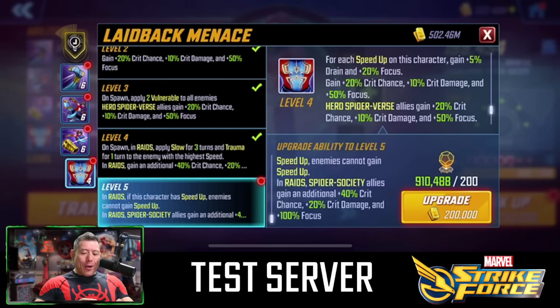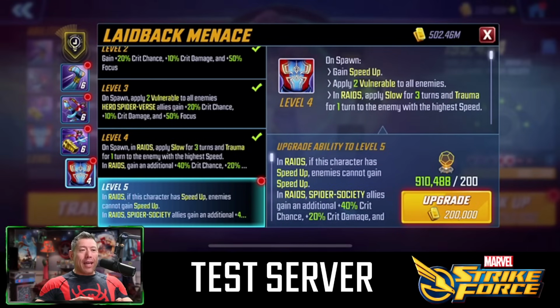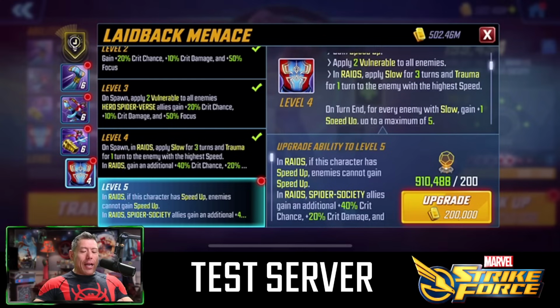And in the raids, Spider Society allies gain an additional 40% crit chance, 20% crit damage, and 100% focus. And this is a long one, guys. On spawn, in totality, with a T4, you're going to gain speed up. You're going to apply 2 vulnerable to all enemies. And in the raids, you're going to apply slow for 3 turns and trauma for 1 turn to the enemy with